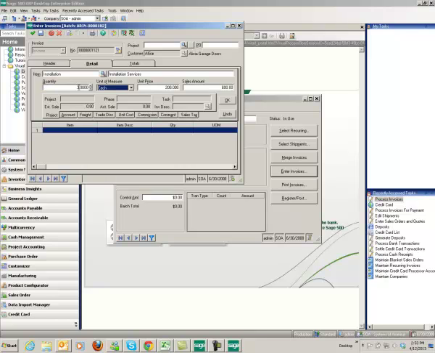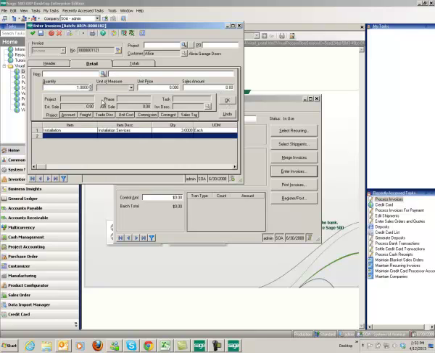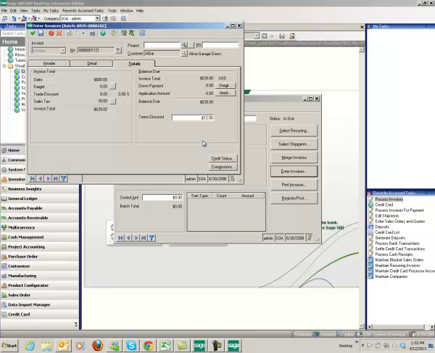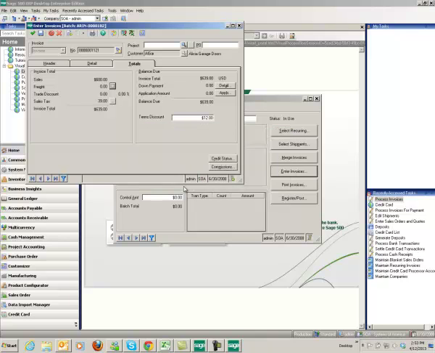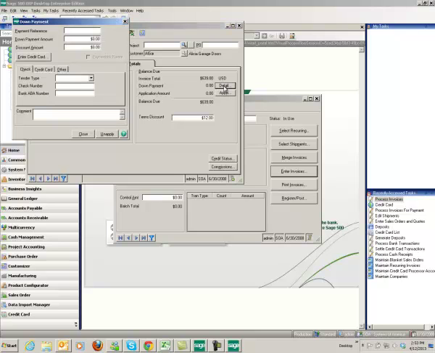of installation services, click on OK, and then go over to our totals. You can see that we've got our invoice in here now. So in order to get to credit card processing, what we're going to do is click on the detail button. When we click on detail, it takes us into this down payment screen,